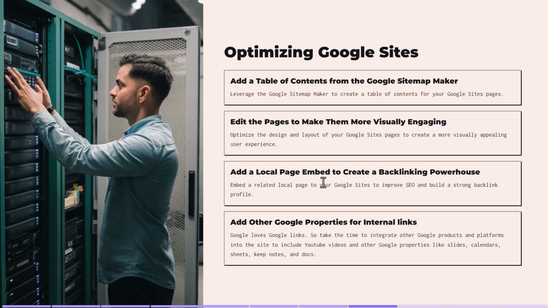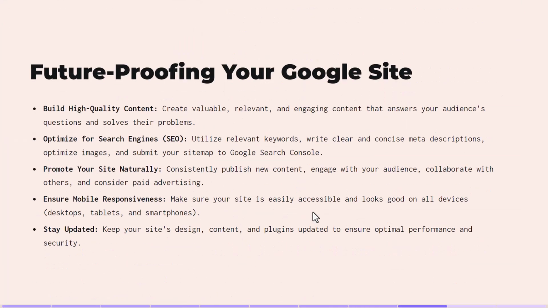Of course, you would need local RSS Masher, but real easy once you get RSS Masher. And by doing this, you're always going to have fresh content on that home page because the RSS feeds are constantly being updated. Add other Google properties, very easy to do. And then finally, just future-proof it. And we've talked about all this.